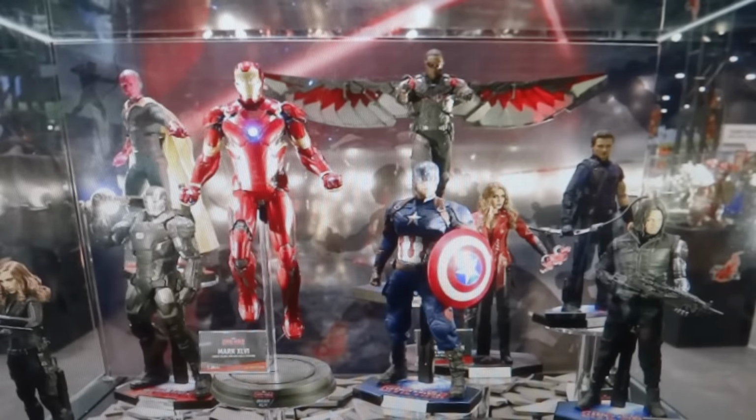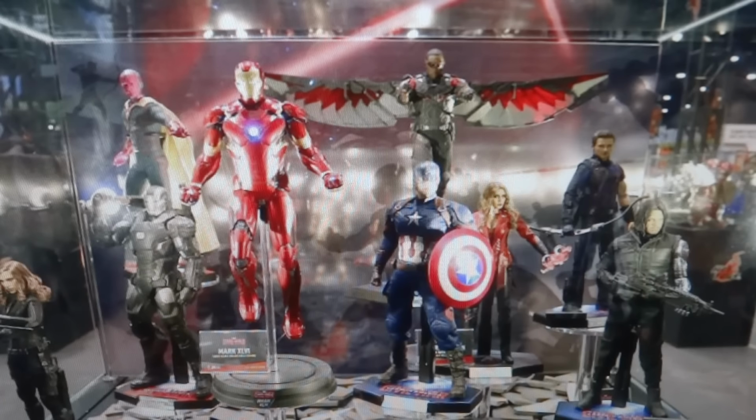So overall, they've showed some really interesting things. This event started when Star Wars came out, so I feel like this event really should have showcased Star Wars stuff, and it didn't. Finn was really the only new character they showed, and there was just nothing too special. I think that they should have made it more about Star Wars, and it seemed to be more about Batman vs. Superman and Civil War,